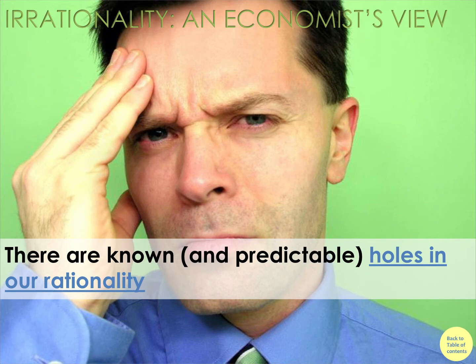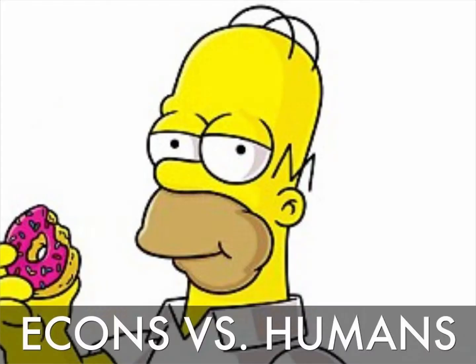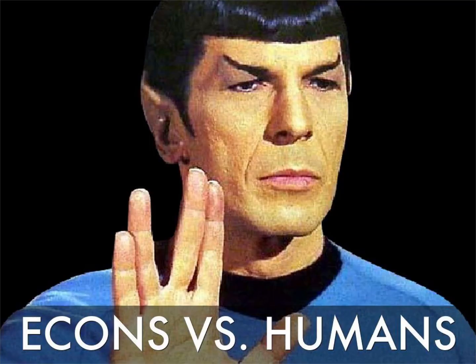And now we have, through research and studies in behavioral economics, figured out where the predictable patterns of what looks to be irrationality are. And really, these are shortcuts that we take. Shortcuts because of the complexity of the decision making. And we take these shortcuts to save us time and effort. Let's start by comparing actual human behavior to idealized rational economic behavior. Are we more likely to resemble Homer Simpson or Spock?